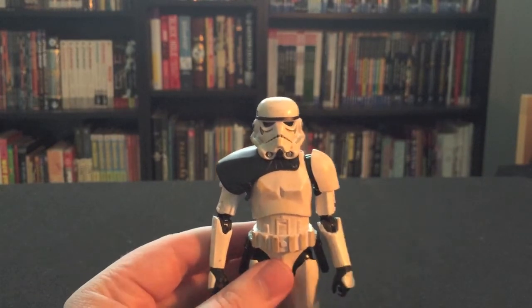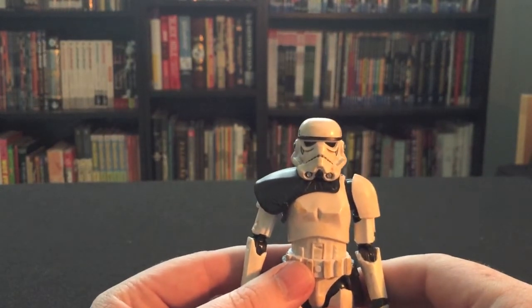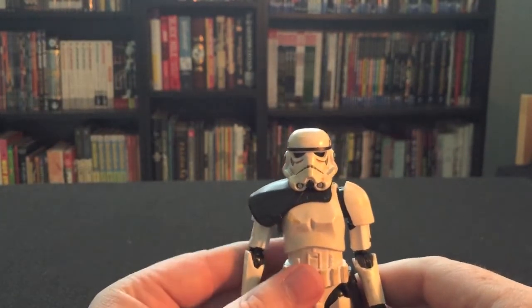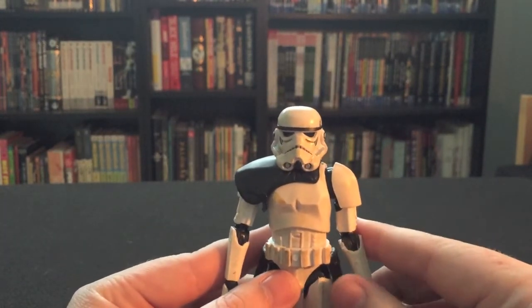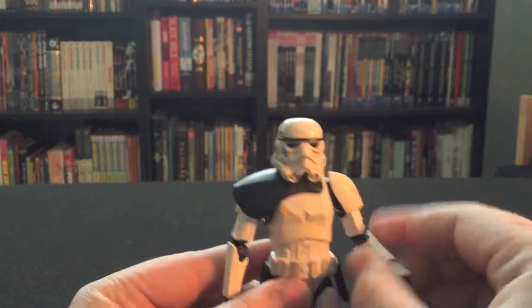I know that denotes rank. I don't know if the black one's the captain or the orange one's the captain. I think the orange one's the captain, but I might be wrong. I'm sure someone will correct me if I'm wrong. But